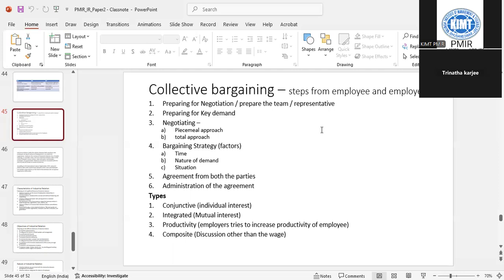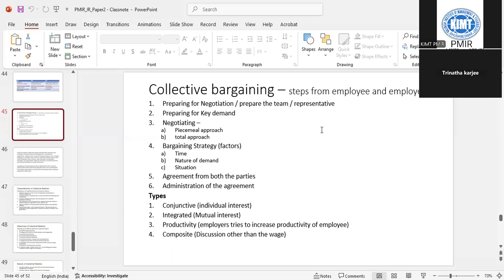So in this way, we studied collective bargaining. Then we also started the different functions, characteristics, features of industrial relationship. We'll continue to discuss the same thing. In industry, the parties mainly involved are employees, employer, government, advocate, legal system, court. When they say advocate, that means legal system, court, judiciary, and different tribunals. All these are associated with the industry.